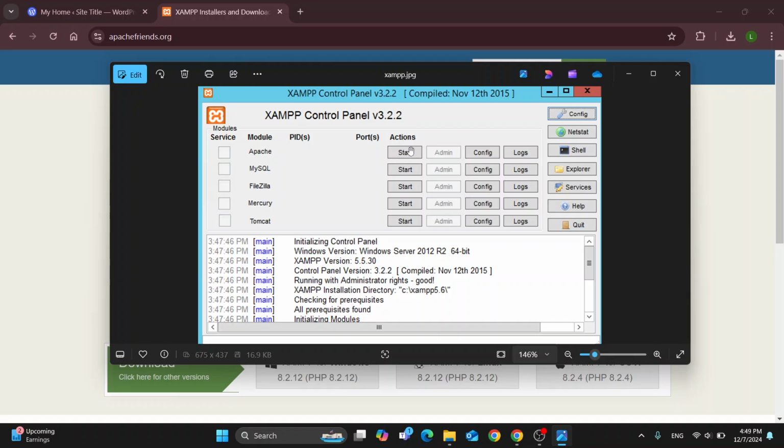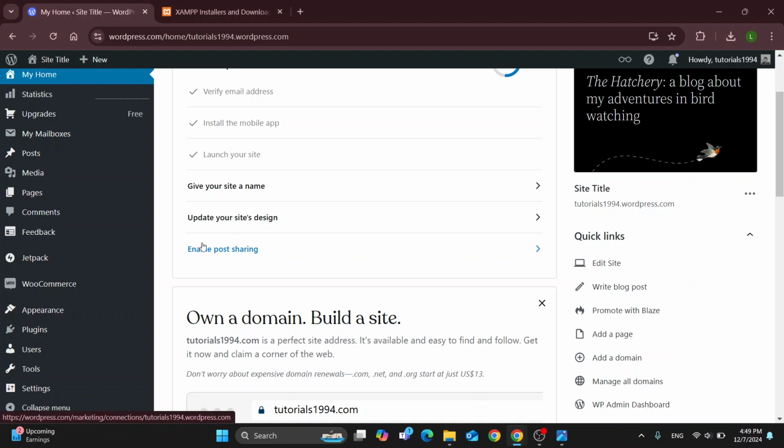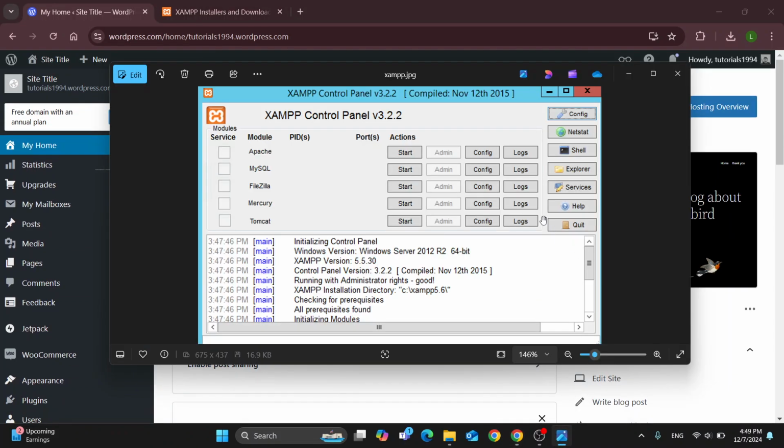So once you have started them guys and opened up the admin menu and created your database that you want to import to your website, you can now get started. So you can get started with exporting your website from WordPress and downloading it so that you have it in a zip file. And once you have gotten it in a zip file, you want to open up the config right here. The config is going to enable you to either open up the config or the explore page and open up your folder where your Xampp is, and there you can get started putting your zip file of your